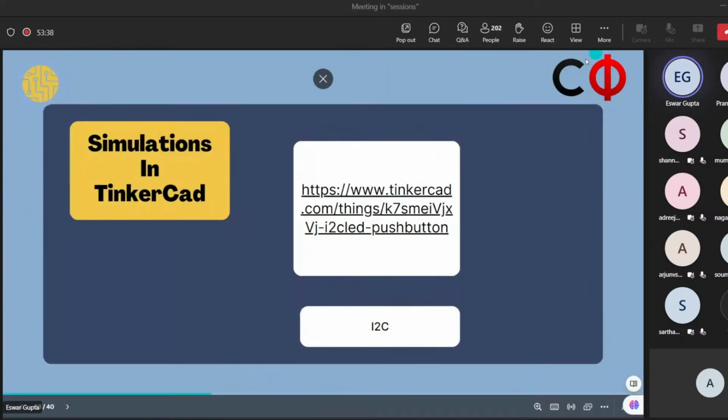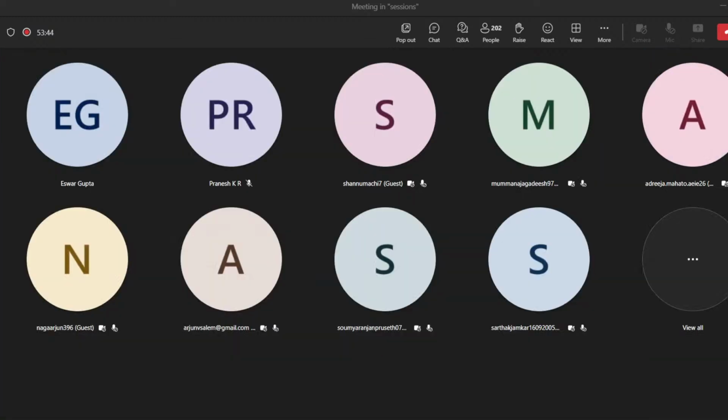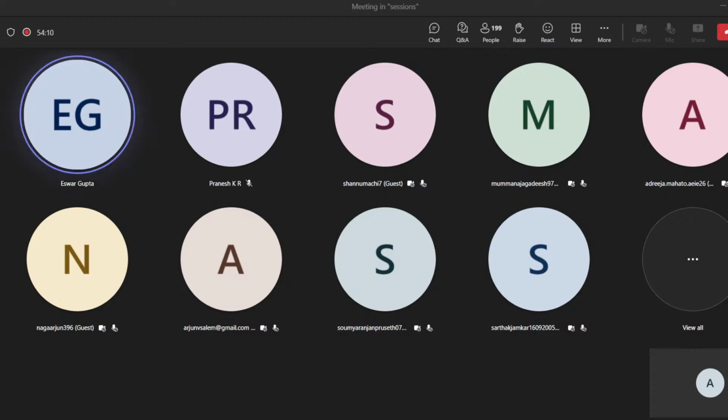Just a minute. I will start sharing the simulation. All of you, open your Tinkercad, please. Just a minute, guys.